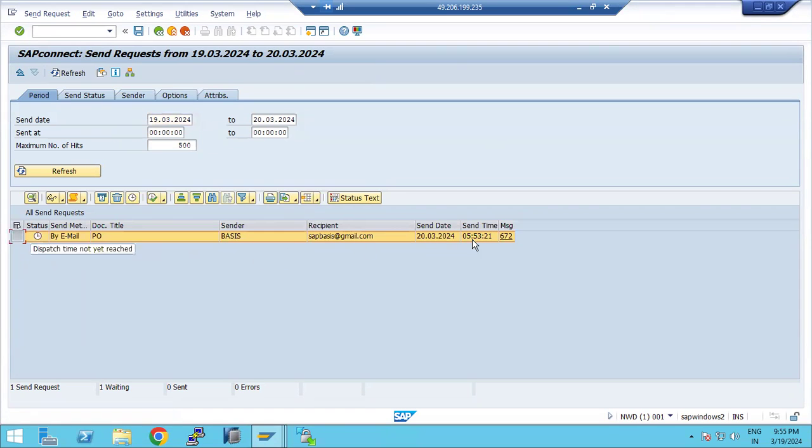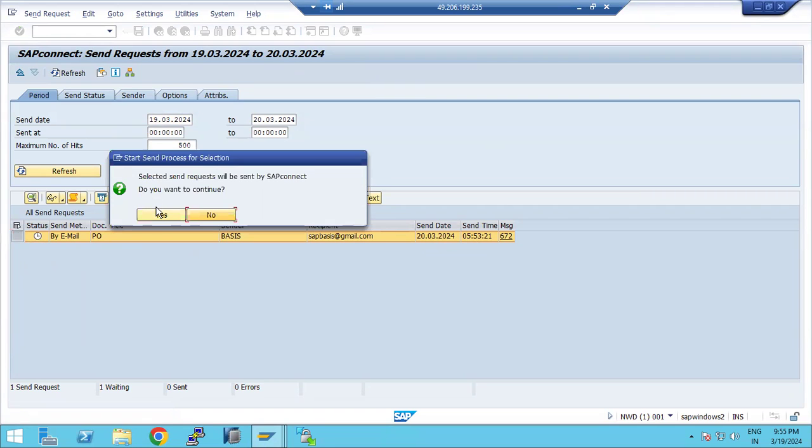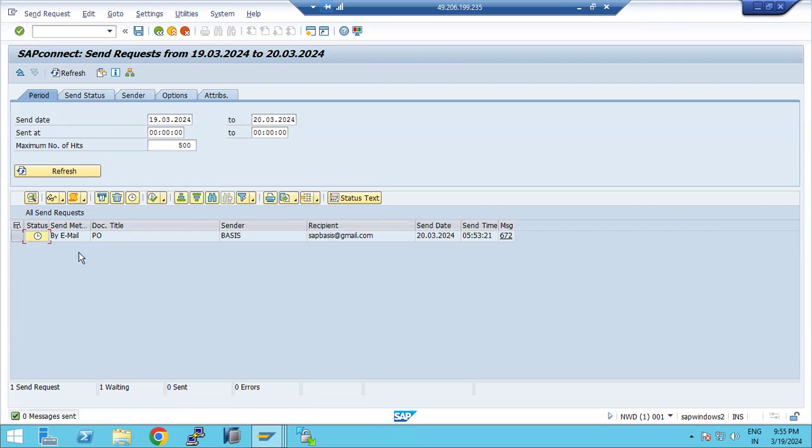Everything we can see here, as per the timelines. If you want to repeat the send process, we can also repeat the send process here. Zero messages sent. It is waiting, but because there is no